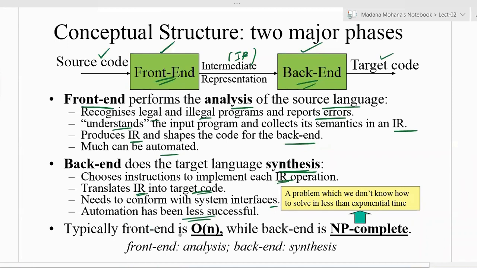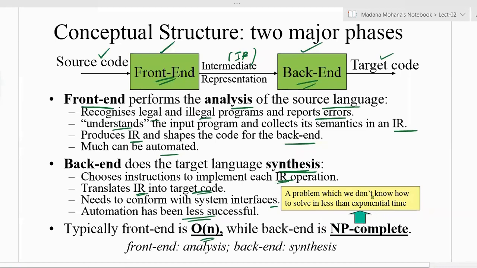Typically the front end takes time complexity of big O of n, whereas the back end is NP complete. This is one of the undecidability problems in automata theory. In the last chapter, we discussed the concept of undecidability, and this is one example. So the back end is related to NP complete. What exactly is NP complete?